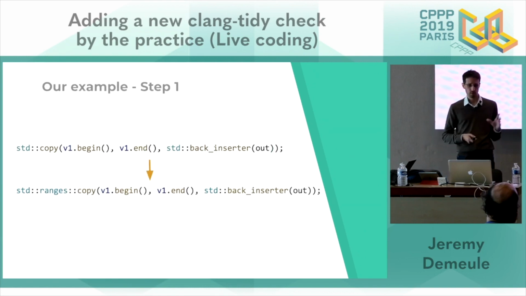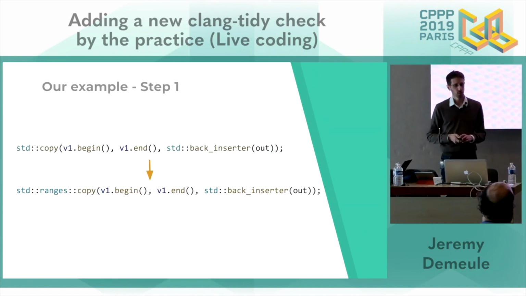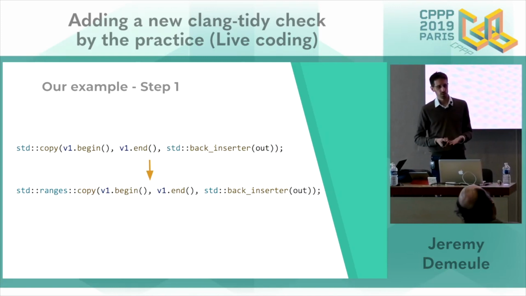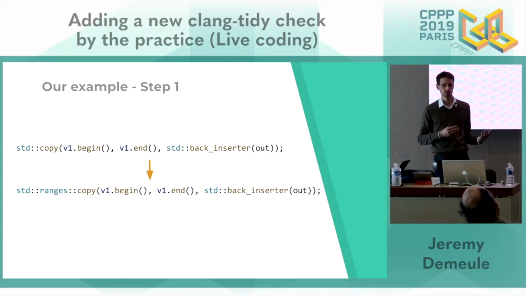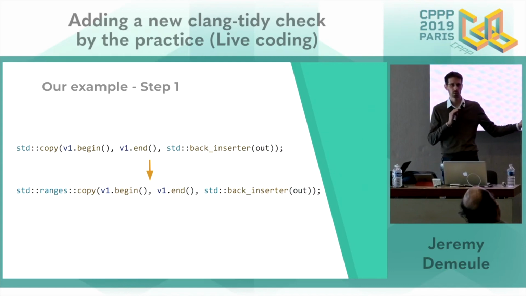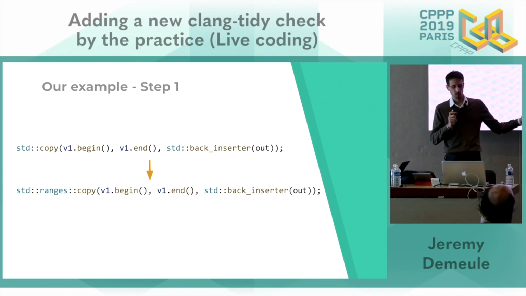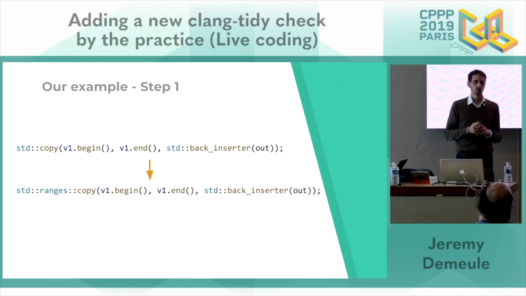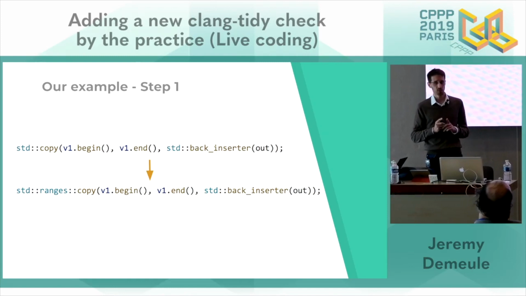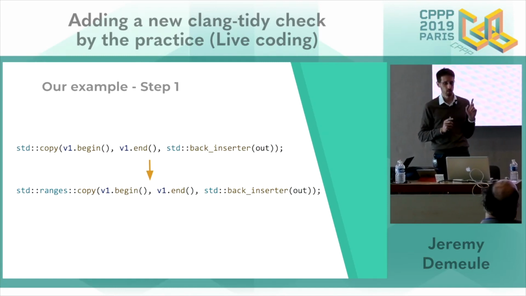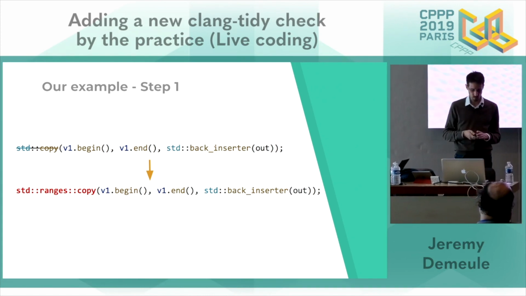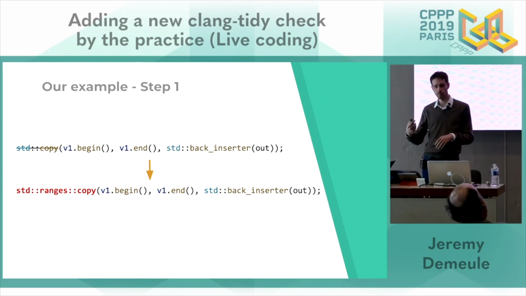If we apply this pattern on these samples, this means we need to find inside the AST what is the call of std::copy. Then we also need to find what is the exact position of the symbol copy to be able to construct a simple text replacement from std::copy to std::ranges::copy. This is our first step, but not the final point. So we repeat the operation again.